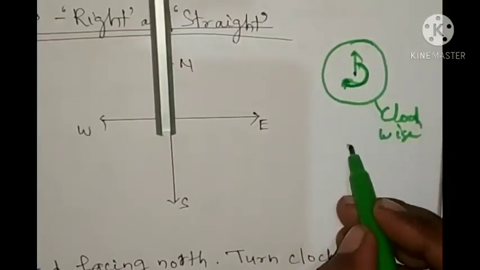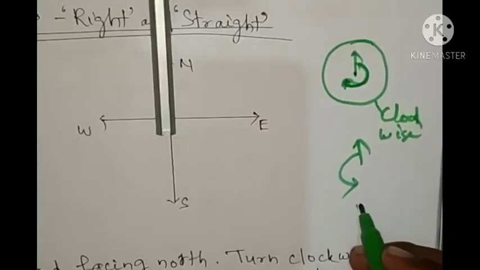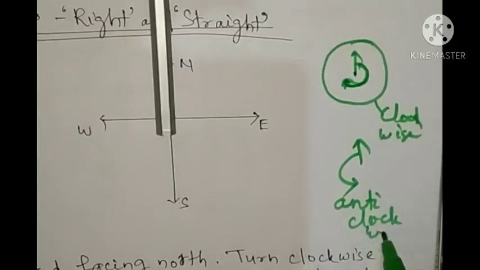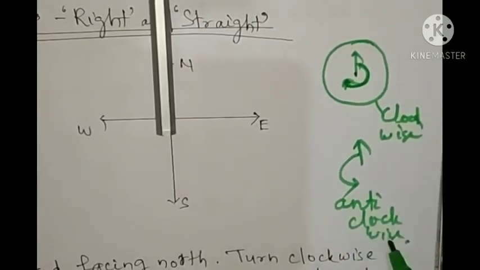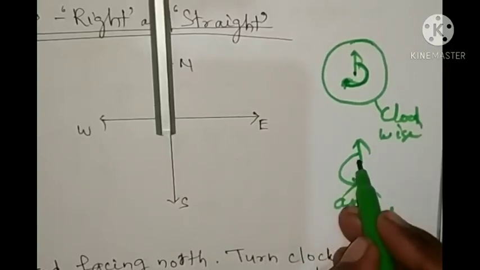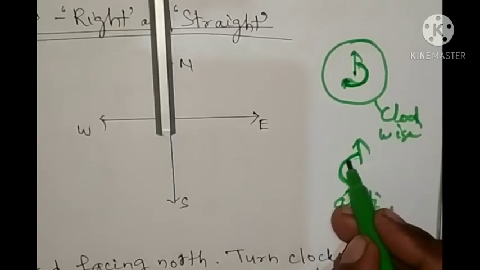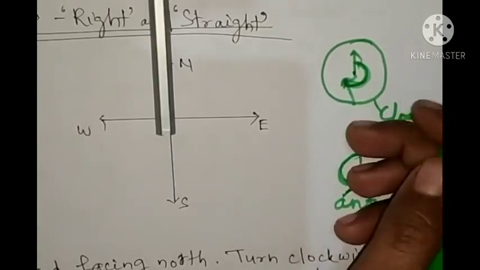If you say the movement opposite to clockwise, that is what? Anti-clockwise. You will write it in a single line, but there is no space and you cannot see, that's why I have written it. You will write straight, anti-clockwise. So movement like this is circular movement, but movement like this is anti-clockwise and movement like this is clockwise.